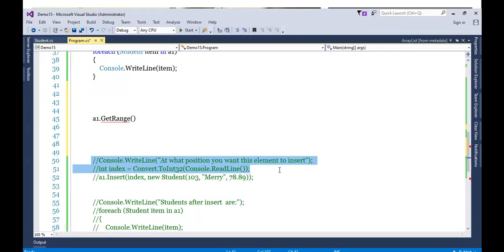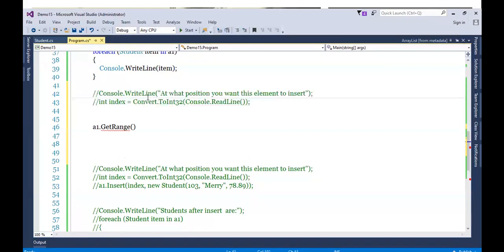So let me copy that. Okay. I'll just modify the message. Enter the index. Okay. So we accepted the index.